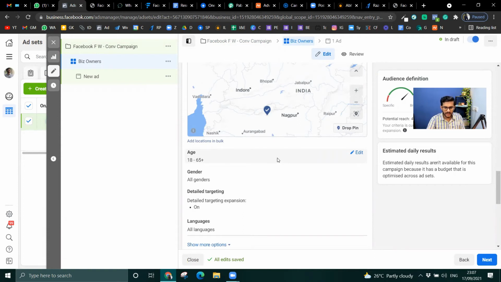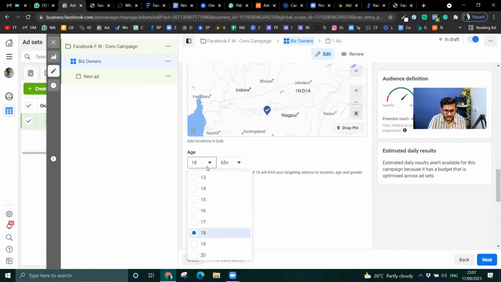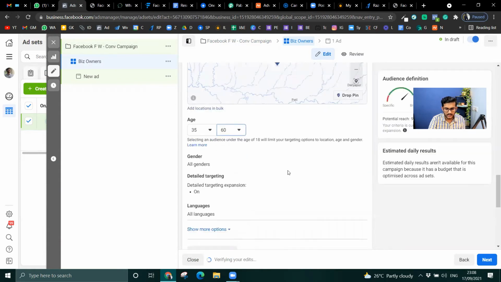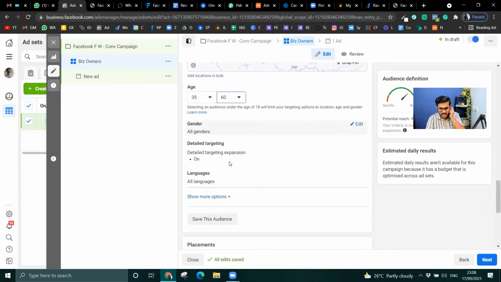And then I optimize it. So this is just a starting point. So I'm just giving out all the things. So age would be minimum 30. I want people who are a little elder. They have the problem, say 35 to 60, right? I want those kind of people to come into my workshop, and both the genders would be okay.